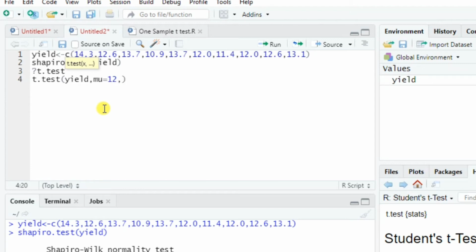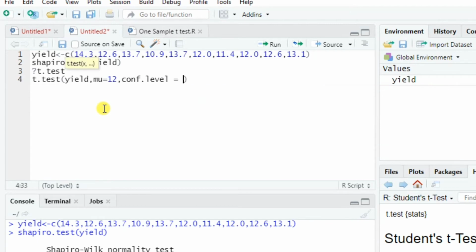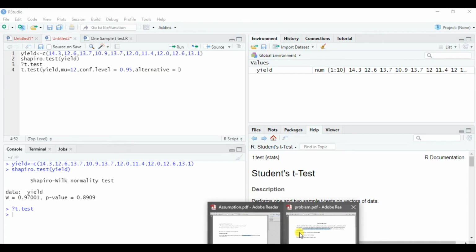Then we have the confidence level. I want to have a confidence level of 95%, so I will write 0.95. If someone wants a confidence level of 99, then they can write 0.99. Then alternative. Alternative means whether we want one tail or two tail. Let's see our problem.